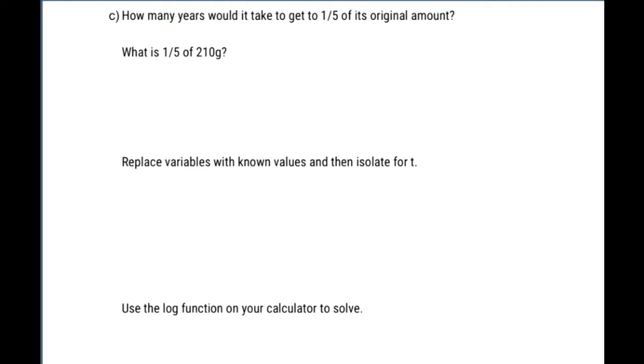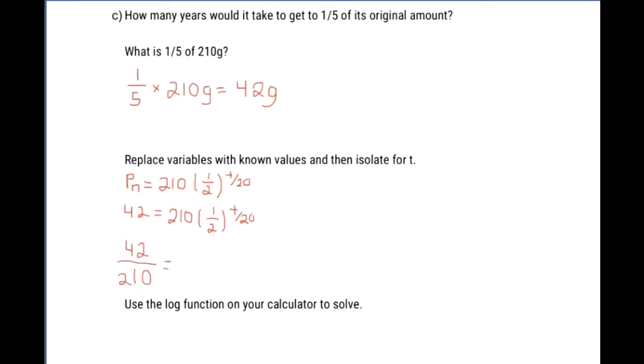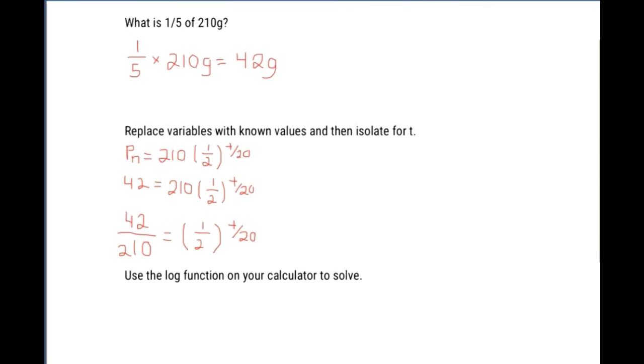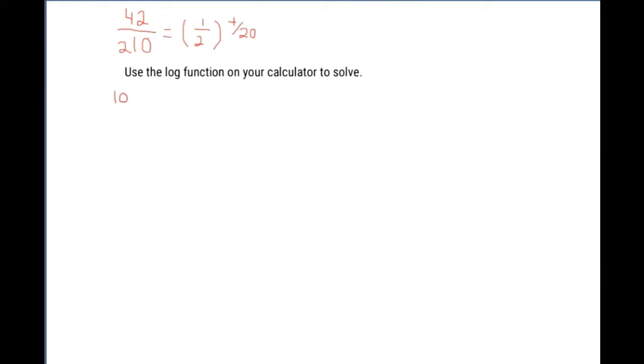C. How many years would it take to get the material to be 1/5 of its original amount? To determine how many years it would take, we must first calculate 1/5 of 210 grams, which is 42 grams. Then we must replace the variables within the equation with the known values to isolate for the n value. Once we have isolated for the n value, we must use the log function on our calculator to solve for t over 20. We can write the log of both sides as log 42 over 210 equals log 1/2 to